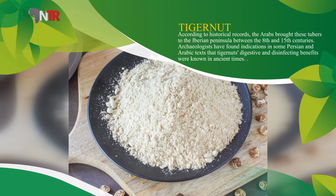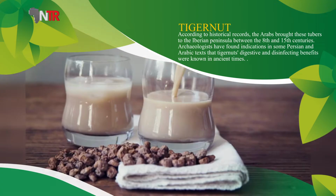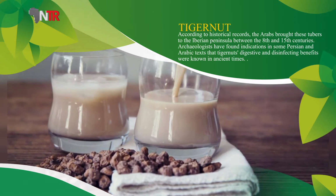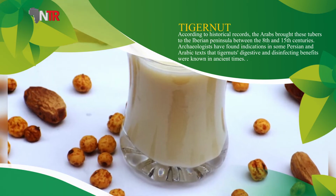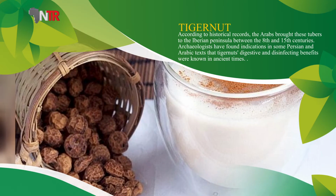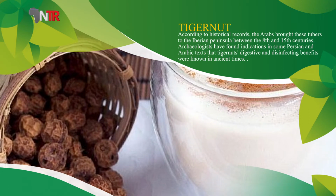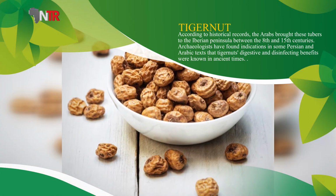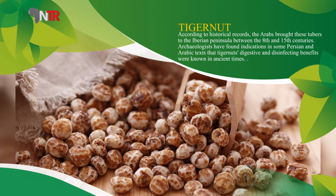Archaeologists have found indications in some Persian and Arabic texts that tiger nut's digestive and disinfectant benefits were known in ancient times. It was determined that the drink was classified as medical, and even in those years was given to patients as a diuretic and energizing drug. Both the tiger nut tuber and the drink taken from it are the source of many beneficial properties for